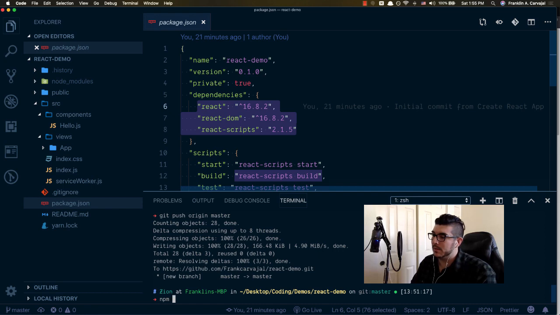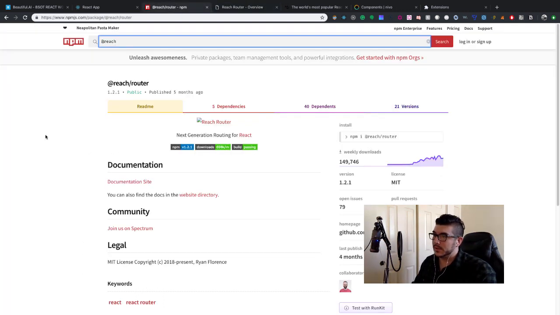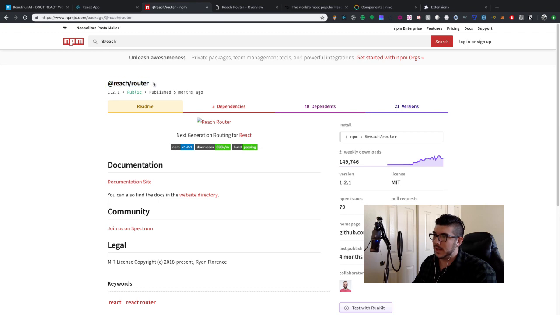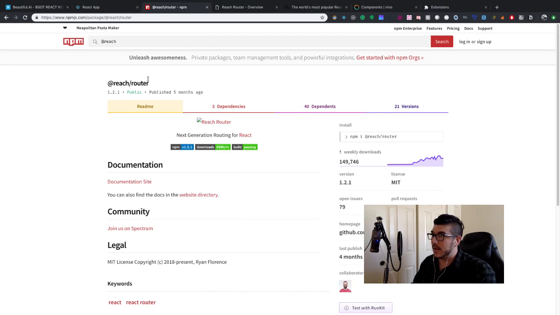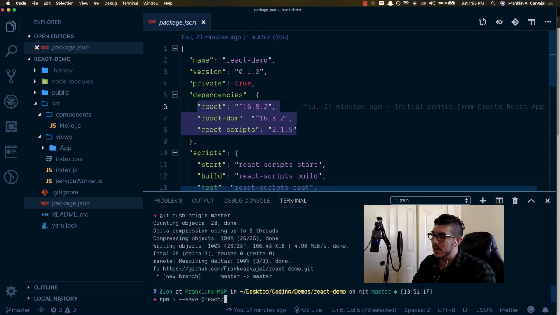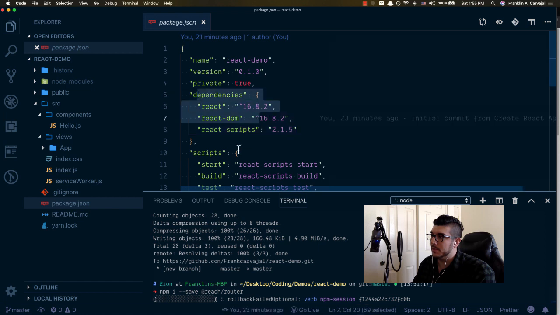So at this point, we can run the command npm i --save, and we will call in the name that is specific. This one's a little weird because it has the @ in it. In most packages that I've installed, on average they don't seem to have that, but this one does. So it is @reach/router. Now we are installing via npm, via our package.json, which is our npm package management file. We are actually bringing in all of the code that is required to use this package